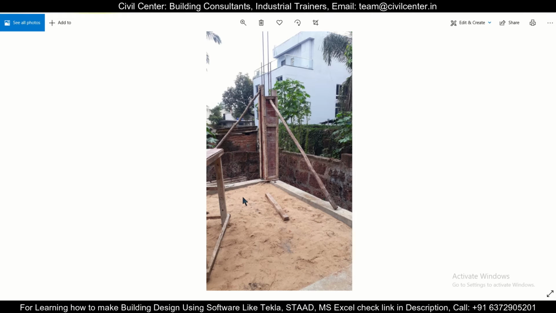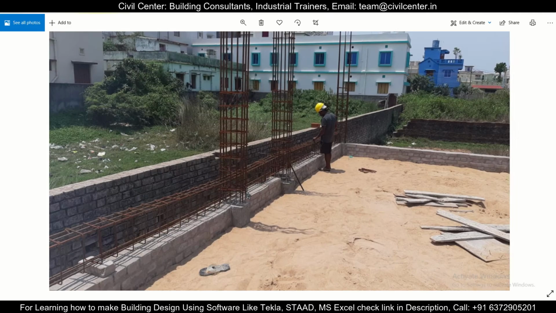As you can see, this is the plinth beam which has been constructed above the periphery wall. When we have internal plinth beams, PCC is given below them, and below the external plinth beams we have periphery walls like this. This is before the casting, and the previous picture was after the casting. The purpose of the periphery wall is to maintain the plinth height, and so that the sand which is put inside up to the plinth level can be held from all sides. This is the basic purpose of the periphery wall.